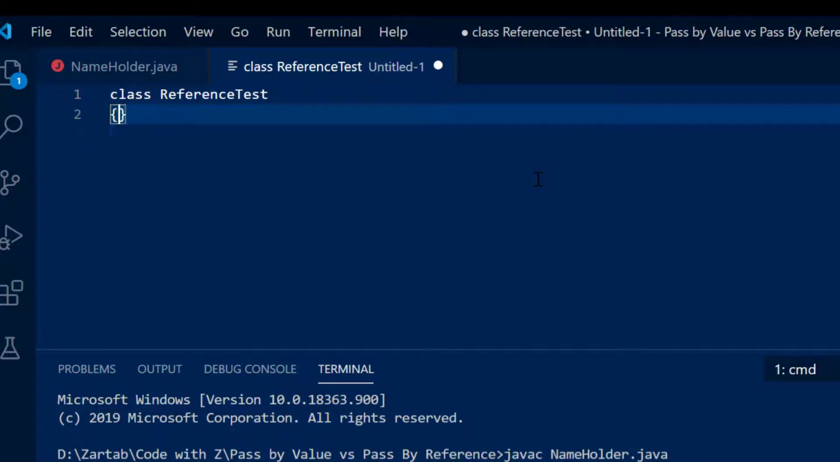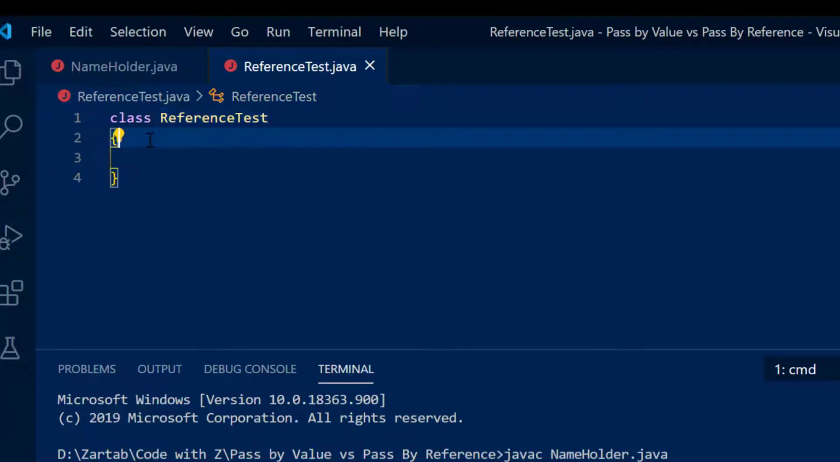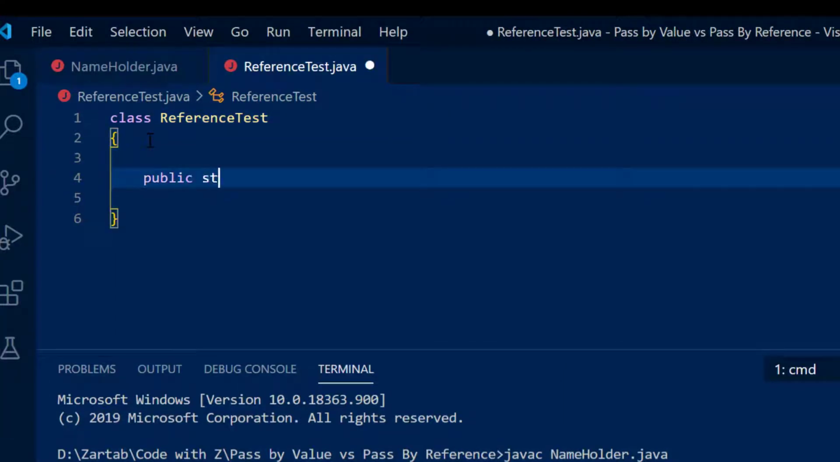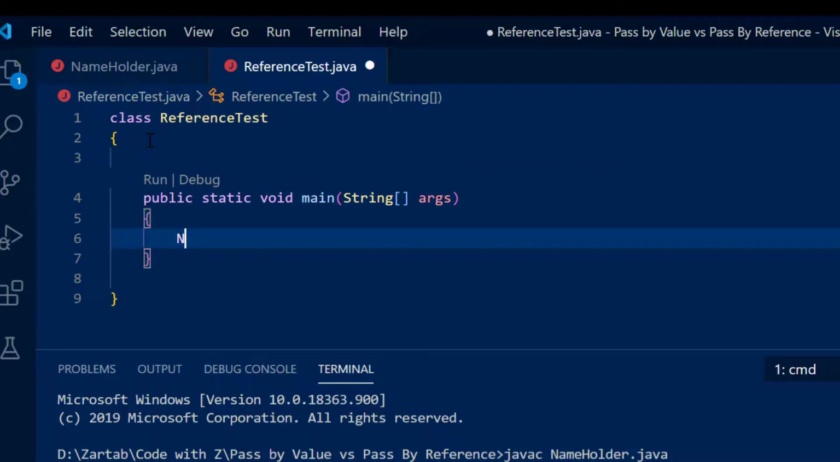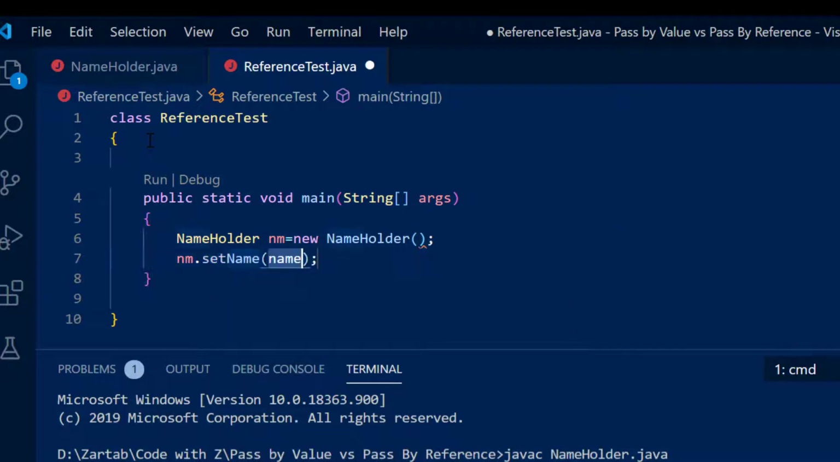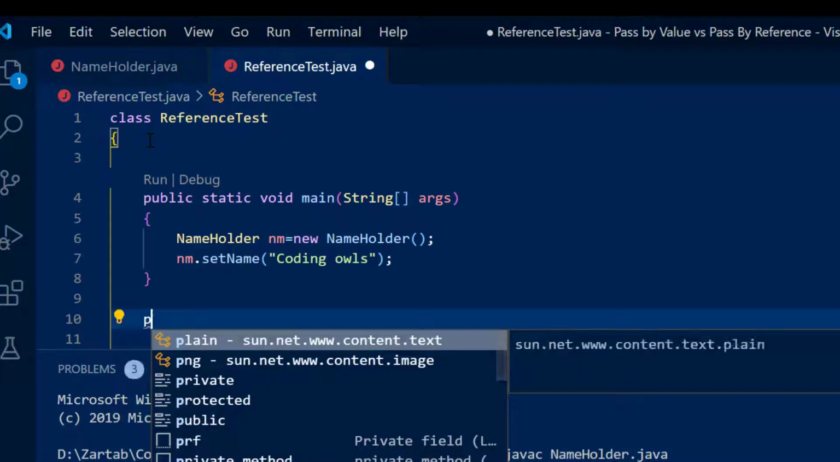ReferenceTest. Now when I talk about ReferenceTest, I'm going to do both the things here. First thing, let me just say public static void main(String[] args), and what I'm going to do here now is instantiate the object of NameHolder: nm is equal to new NameHolder, and I'm going to say nm.setName. I'll use my initial line, coding owls. So let's say this is my first name,